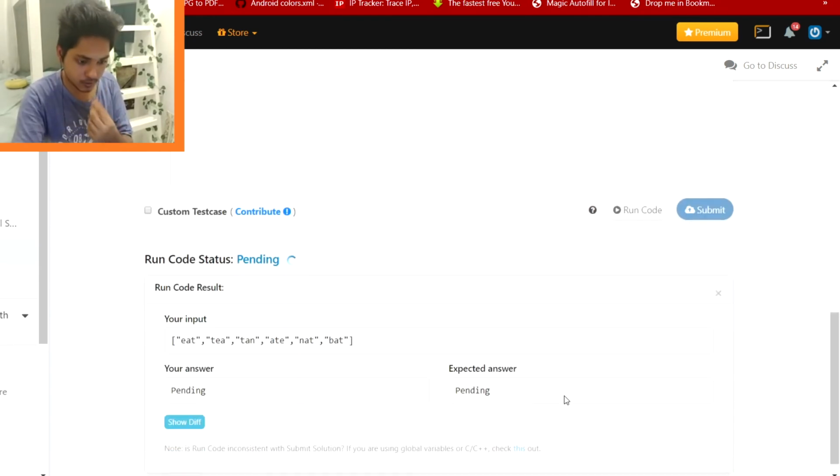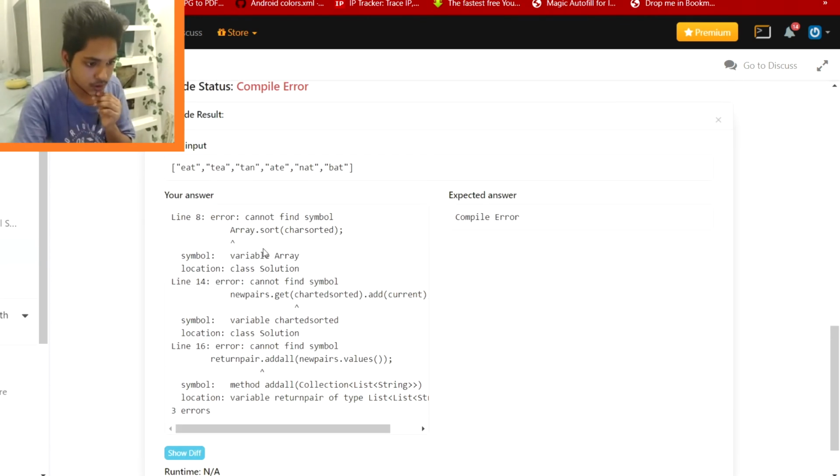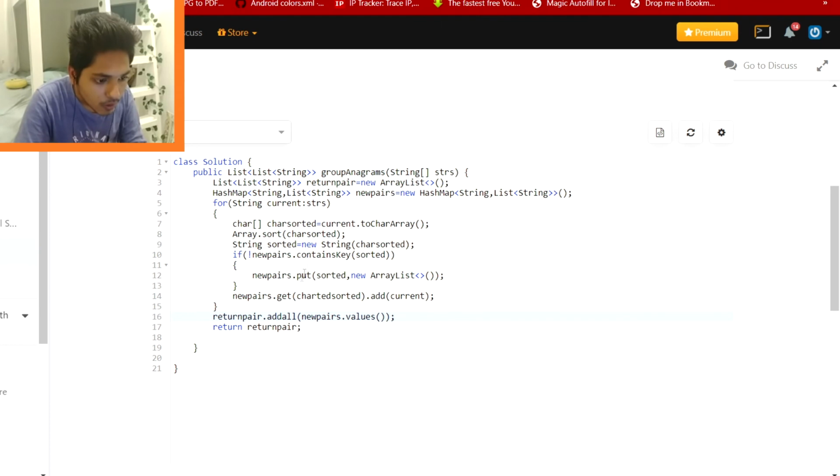So let's run the code. Now what is the problem? Arrays.sort cannot find symbol charSorted. Wait a second.